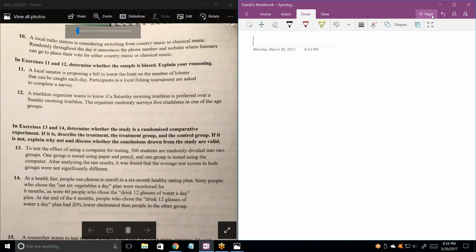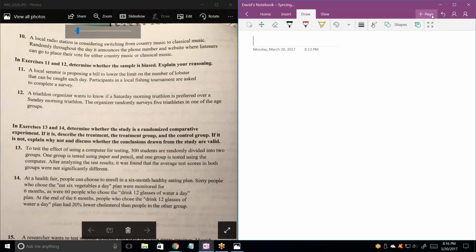I guess that might affect it if they're lifelong heavy water drinkers. There's a lot of information out there that says you should drink a lot of water every day. I don't know if 12 glasses, but I'm not sure if that's a lot. So people that would choose that option probably are healthier, I guess, but it might say something about